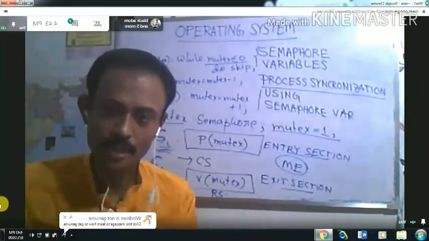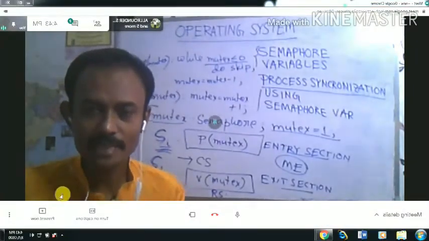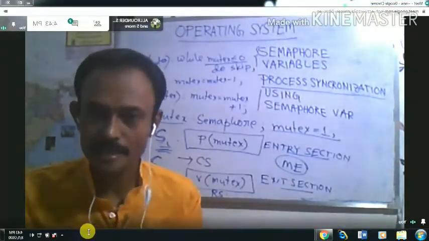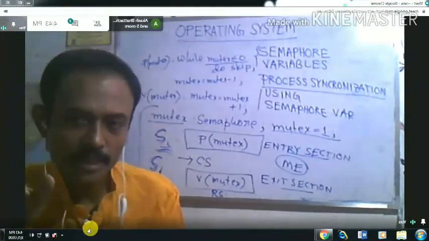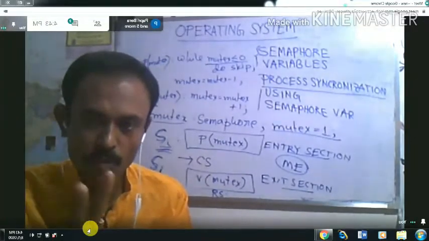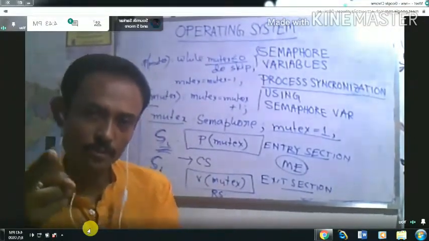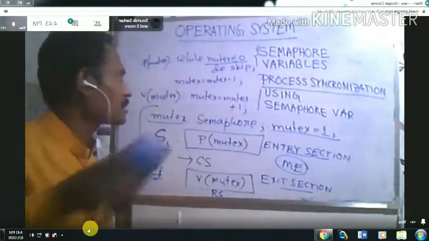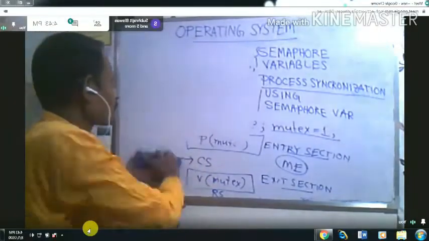Clear? Now, in the previous class we also saw that to solve the critical section problem, mutual exclusion is not the only condition. You have to satisfy two other conditions also. So what are the three conditions?